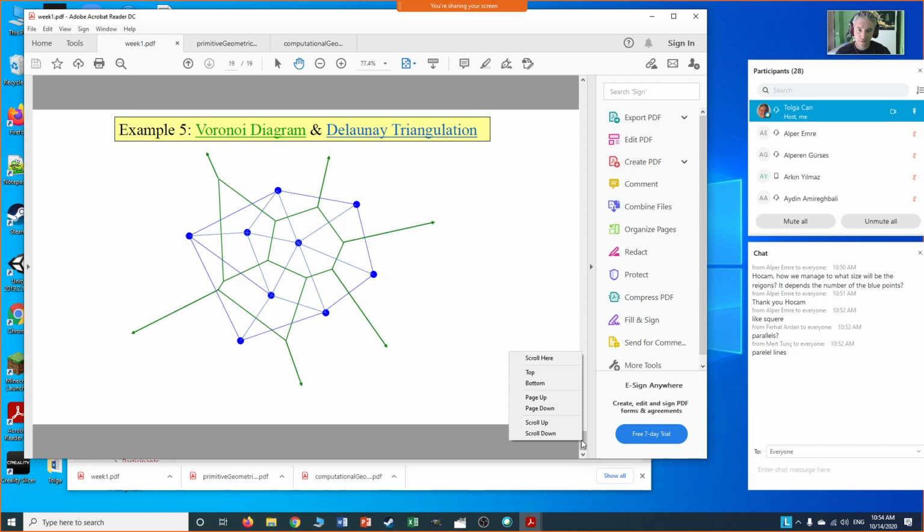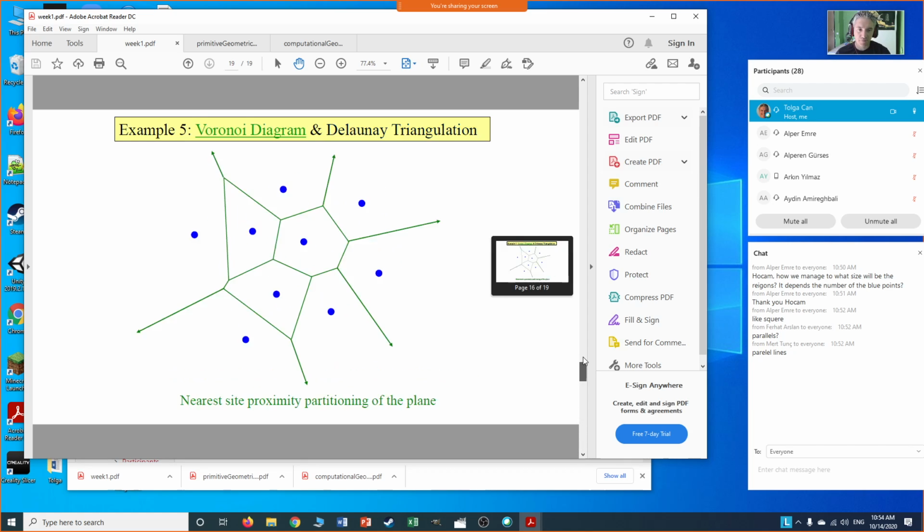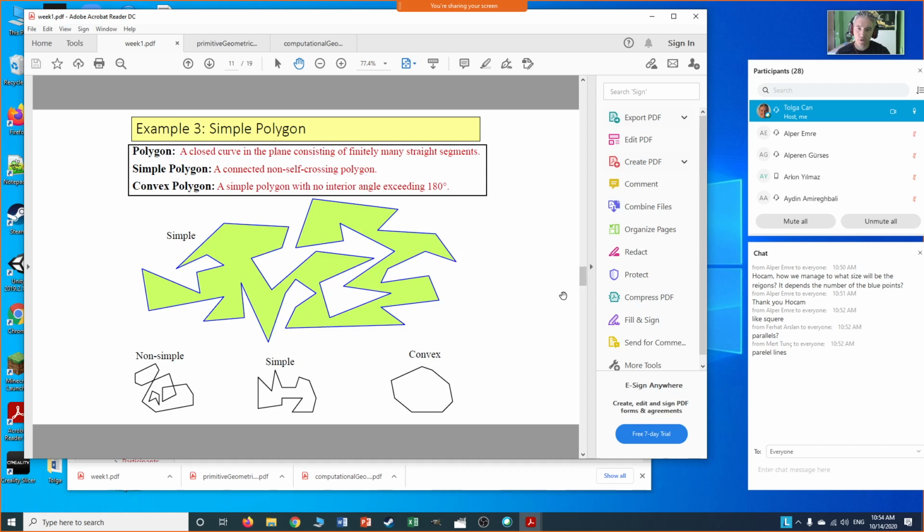All right, so these are some interesting problems that we will be talking about in this course. Look at this polygon. This is a simple polygon. It doesn't look so simple, but a simple polygon is a polygon. This is a concave polygon, by the way. A simple concave polygon is a polygon with no edge crossing, connected, which means there are no holes in it,